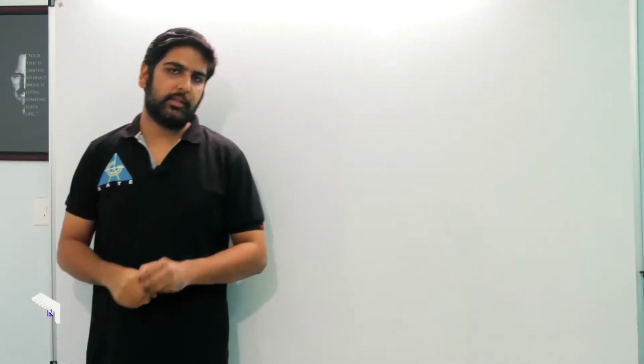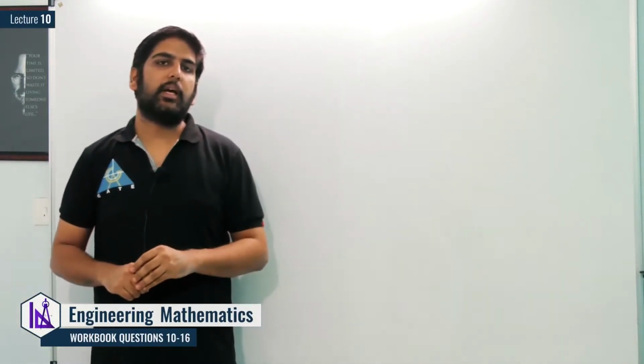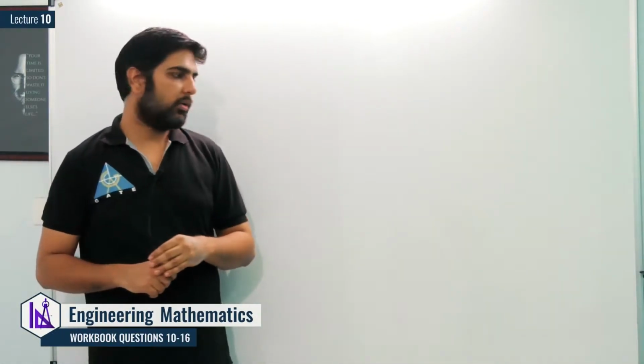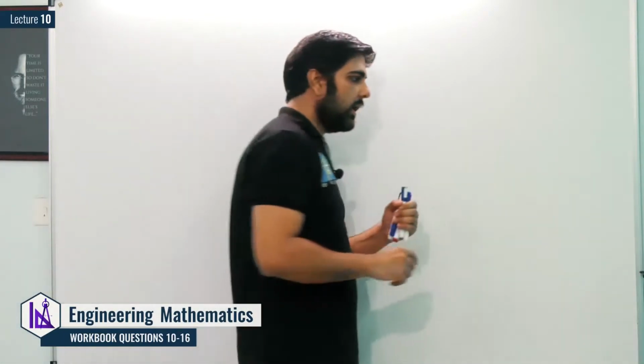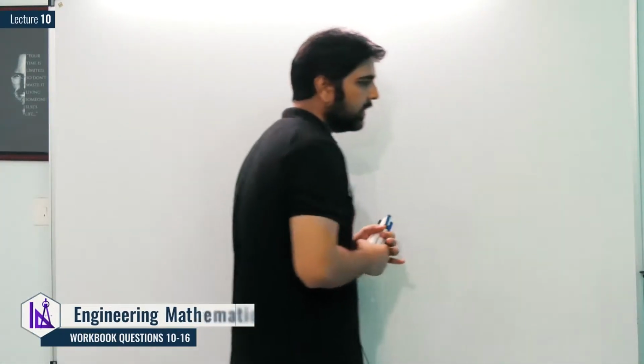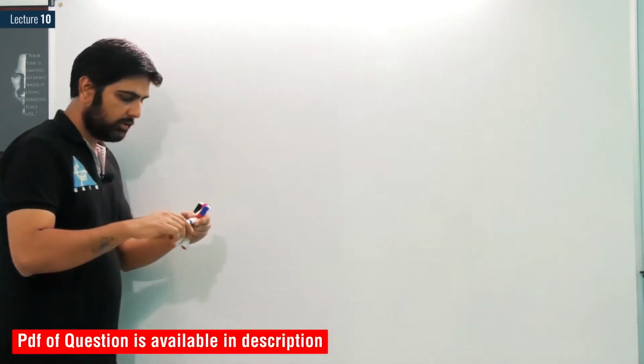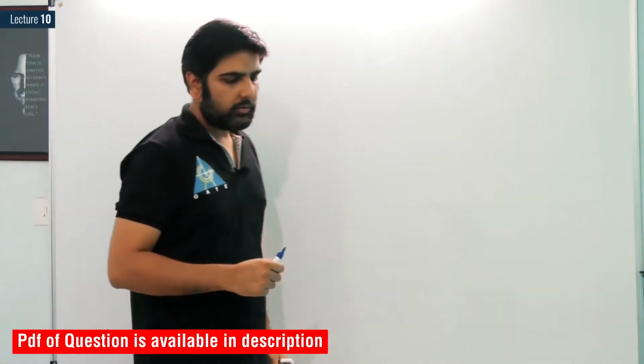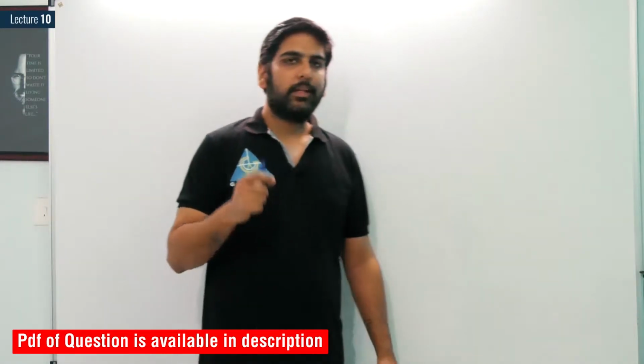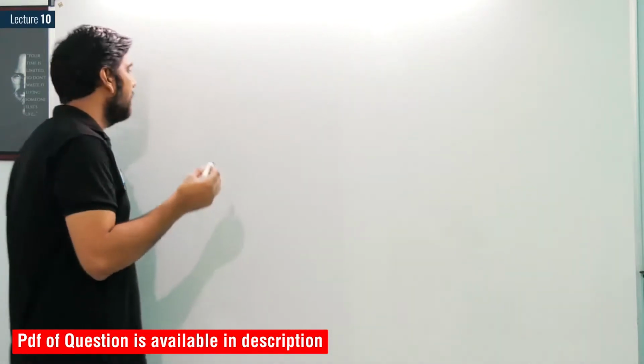So my dear students, we are dealing with the questions of vector calculus, right? And we have done with 9 consecutive questions. Now it's time to have question number 10, and question number 10 is nothing but the directional derivative of a scalar point function. So we have done with the concept of the directional derivative, fine. Then what is the directional derivative?